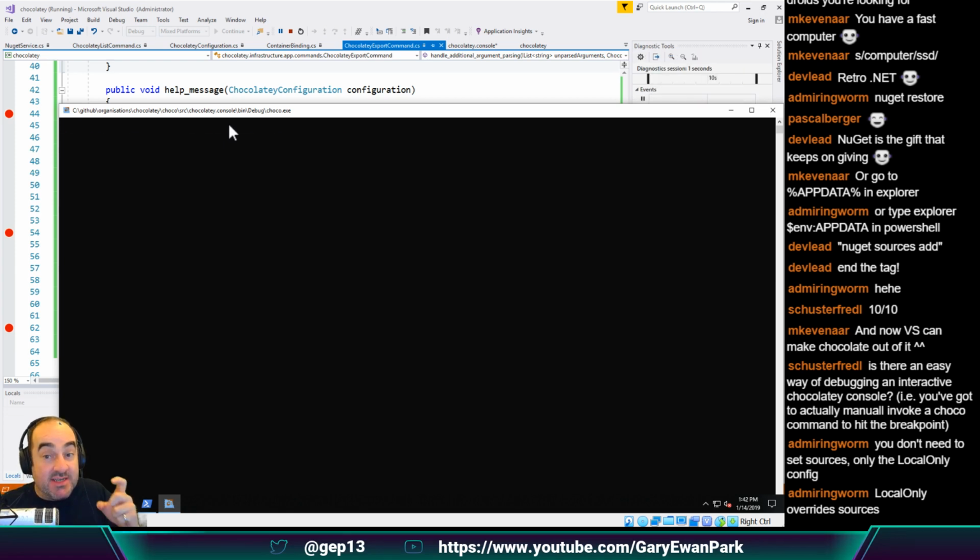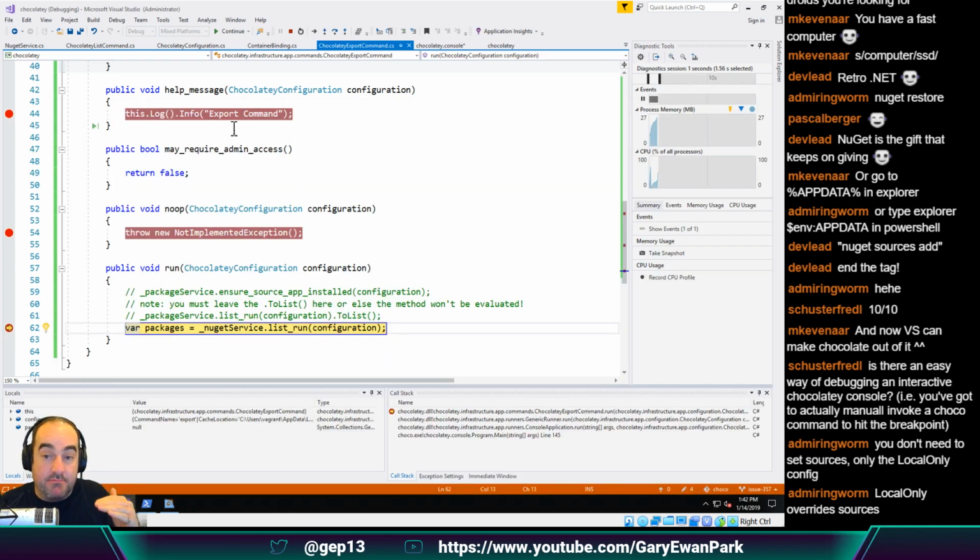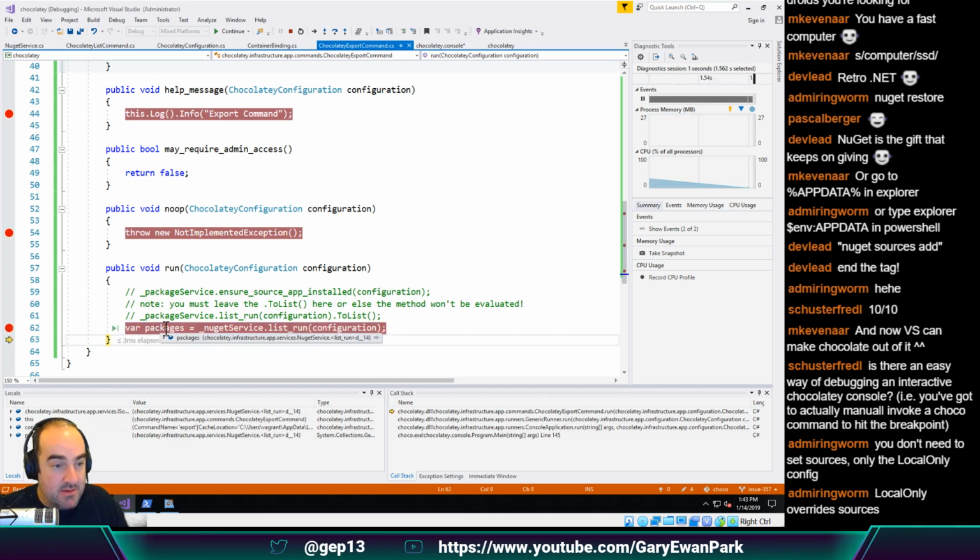Now, the reason it didn't list it out to the command window is because we went one level down. If we had continued to use the list command directly on the package service, it would have taken all of those packages and written it out to the command line. But we don't want to do that with the export command. We just want the list of packages. So at this point, if I hit F10, we should get, hopefully,